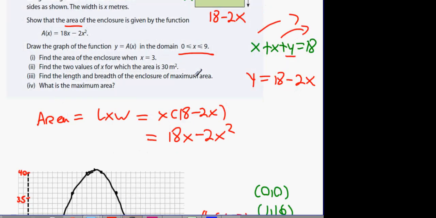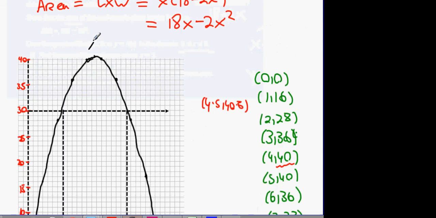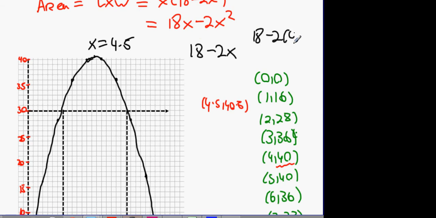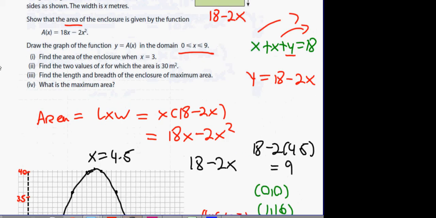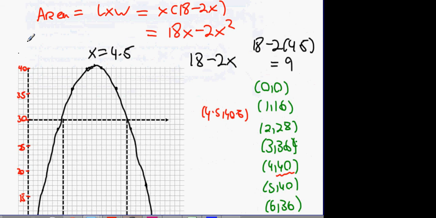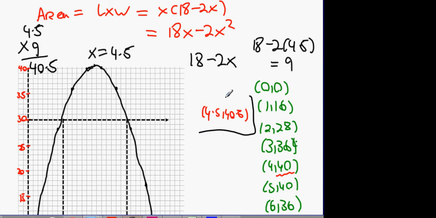Find the length and breadth of the maximum enclosure. When's the maximum enclosure? When x equals 4.5. 4.5 is the width, and what's the length? 18 minus 2x, which is going to be 18 minus 2 times 4.5, which is... Anybody? 9. Yeah? It's going to be 9. What is the maximum area? What's 9 multiplied by 4.5? Length multiplied by width? 40.5. And we already knew that, didn't we? From the graph. Alright guys, that's